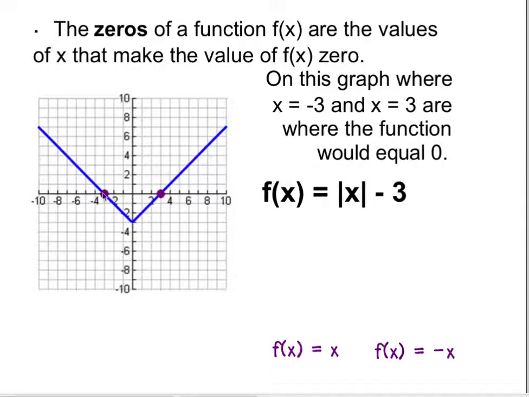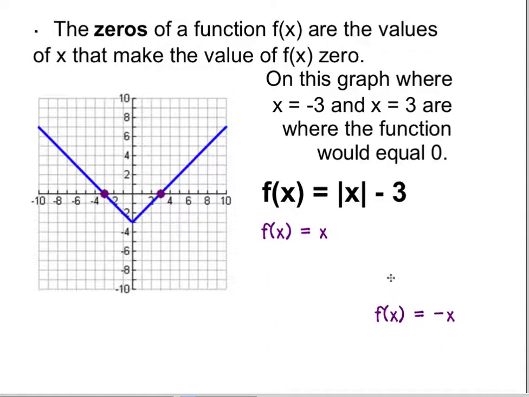Well, this is the equation because notice that the vertex has been moved down 3 units. That's where that transformation of the minus k on the end. Well, how do we get that? Well, it comes from using this function or these two piecewise functions together. So when we're going to use this function f of x when x is greater than or equal to 0, we're going to use this function,